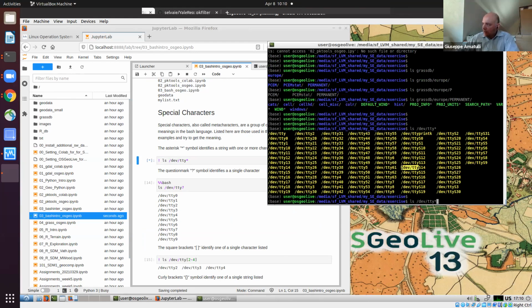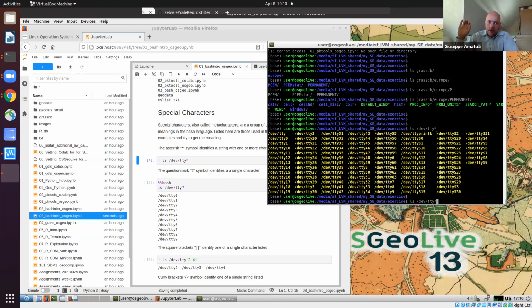All these have that in common, and what is missing is just the number. What the asterisk represents is any character of any length. They can be alphanumeric, numeric, letters, and can be 1 or 2 or 3